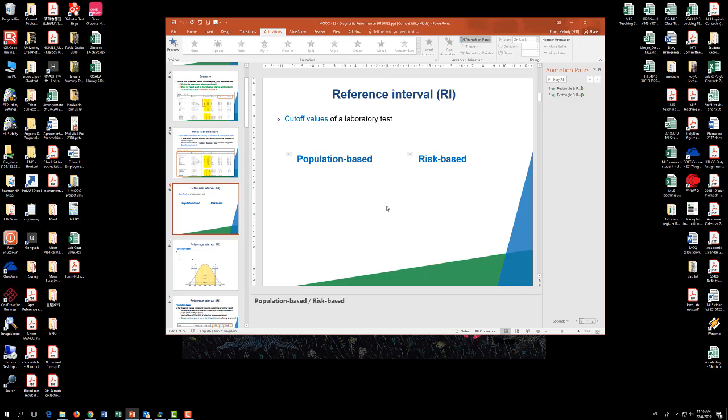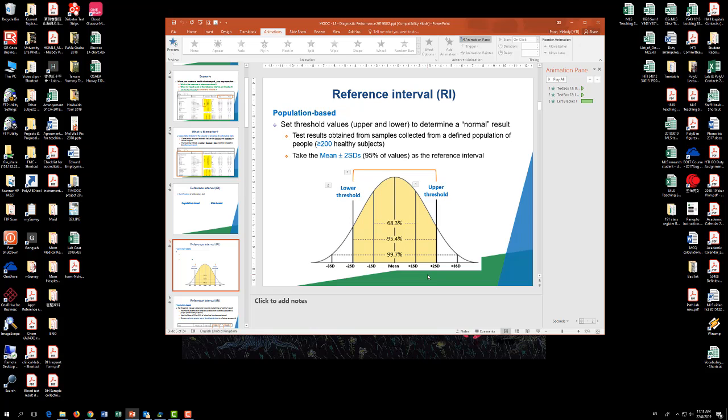It can be set by population or by risk of a disease. For the population-based reference interval, there are two threshold values, the upper and the lower threshold. In between these two values is the so-called normal results. So how to determine these two thresholds? The test results